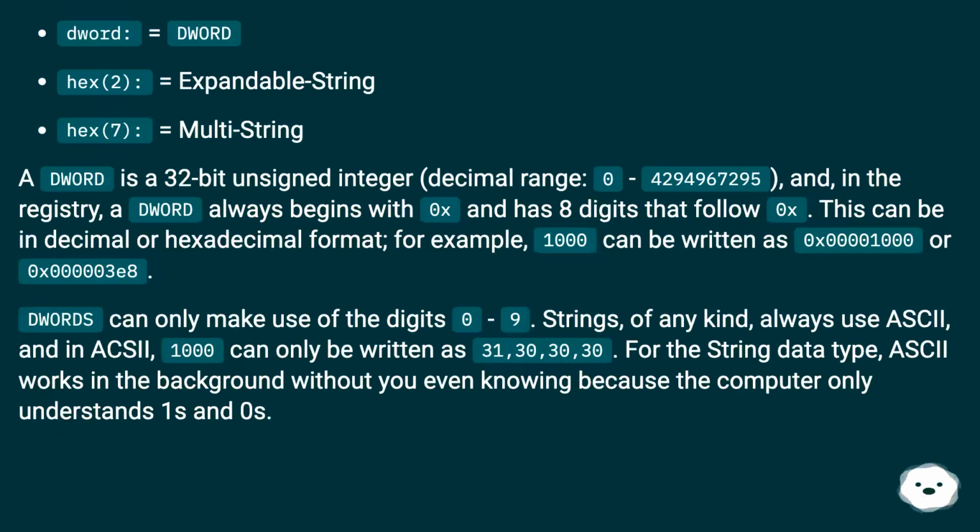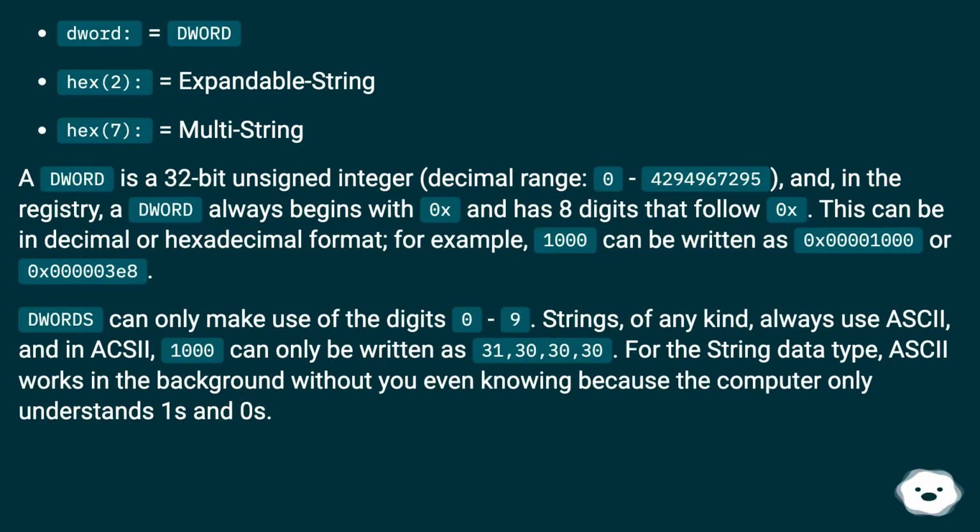dword: equals dword. hex(2): equals expandable string. hex(7): equals multi-string. A dword is a 32-bit unsigned integer, and in the registry, a dword always begins with 0x and has 8 digits that follow 0x. This can be in decimal or hexadecimal format. For example, 1000 can be written as 0x00001000 or